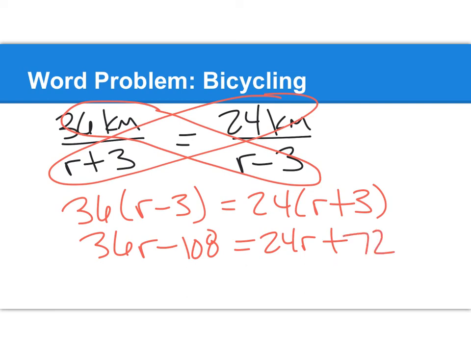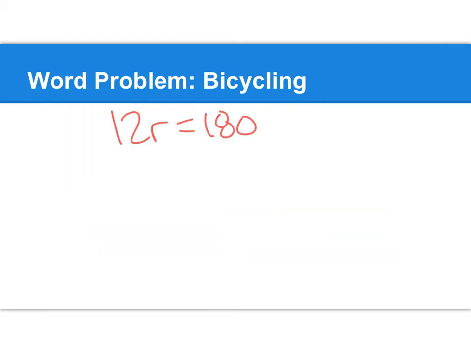And so putting all the r's on one side will give us 12r, putting all the not r's on the other side gives us 180. So if 12r equals 180, we can do a quick division here and conclude that r, which is his speed,